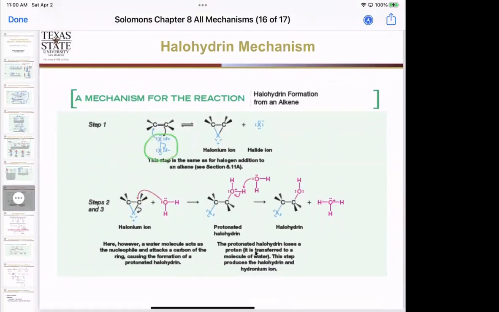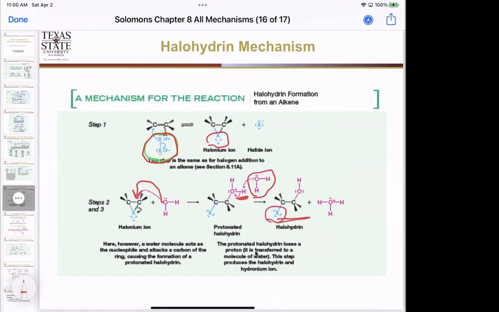We have the polarization of the halogen, the bromine and the chlorine, and then it forms the halonium ion here. Now, in the case of a halohydrin reaction, a lot of times you use water as the solvent. So you have so much more water than you have halogen that your water can act as the nucleophile and open up the ring, and then lose a proton to water again,